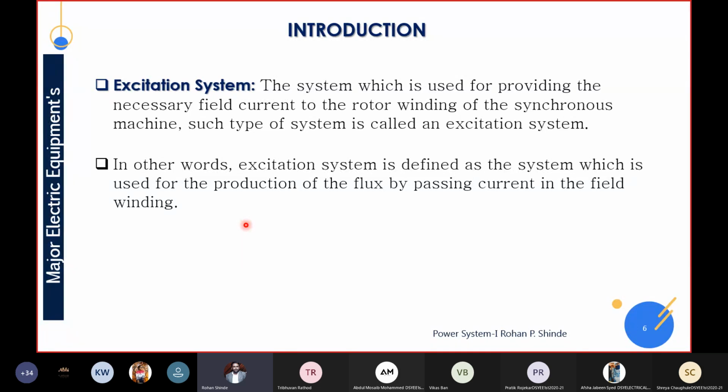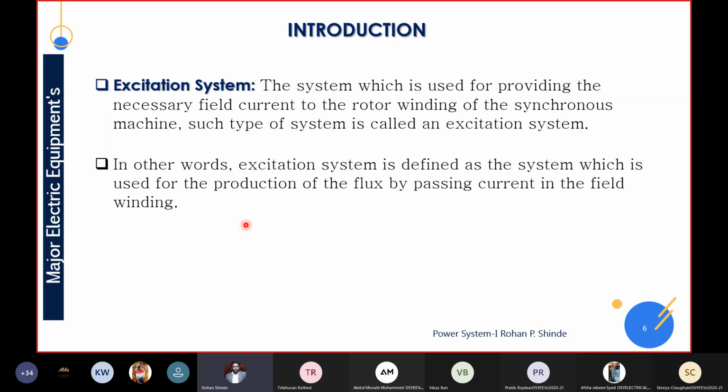So see here, whenever a current carrying conductor is placed in a magnetic field, right? Now see here, the conductor is there, but instead of a simple conductor, this is a current carrying conductor. This current carrying conductor is placed in a magnetic field. Now there is a relative motion between them, so that it experiences a torque. Whenever a current carrying conductor is placed in a magnetic field, it experiences a force or a torque, so that the